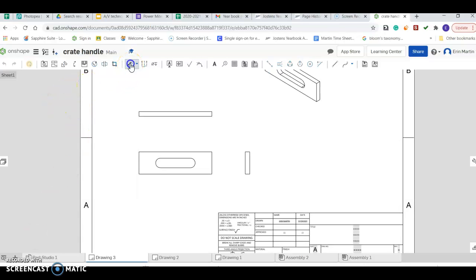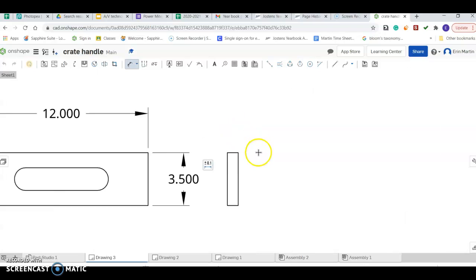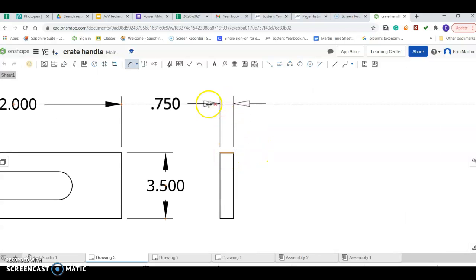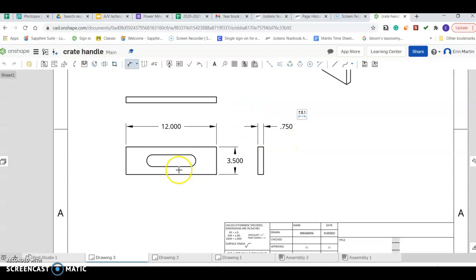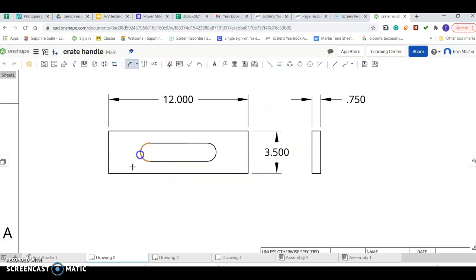This is our dimensioning tool. It is going to work very similar to how we dimensioned our part. You do need to make sure you dimension the height, the width, and the length of your part. You need to dimension